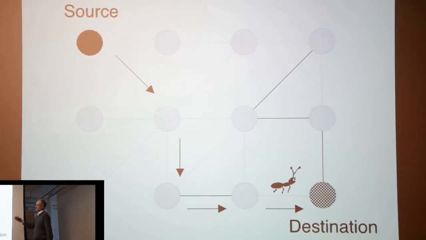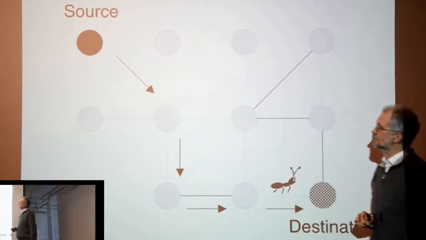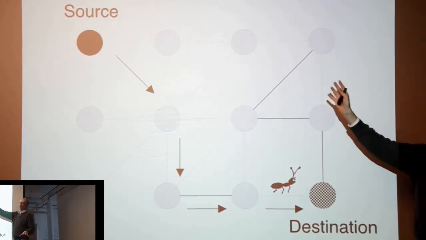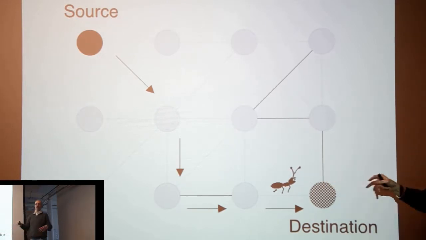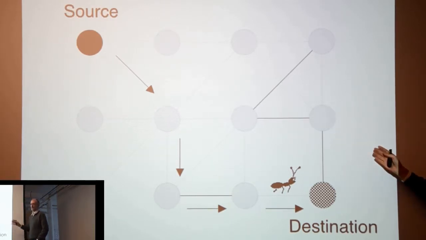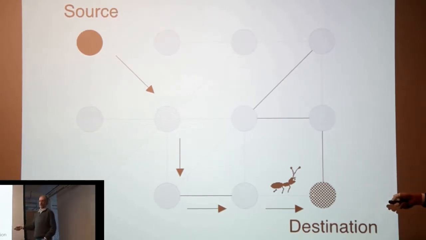The artificial pheromones are numbers associated with the edges. You can have many of these artificial ants that explore the graph, and they update the artificial pheromone on the edges as a function of the quality of the solution they find. Just to give an example, if an ant finds a very good path, which is a short one,